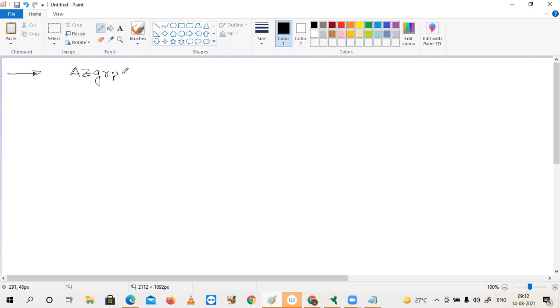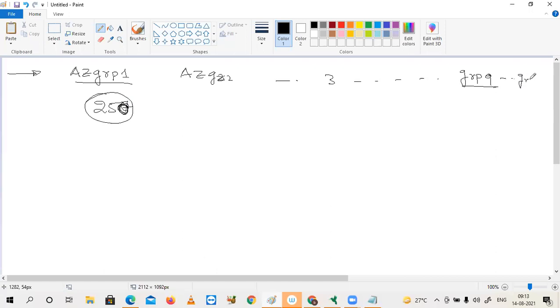How many people are here? 255, 257 is the max limit, right? After that we go for AZ group 2 and group 3, and the day before yesterday we achieved group 9 also. For easy calculation, let's make it 250 for each group. We have gone for group number 10.